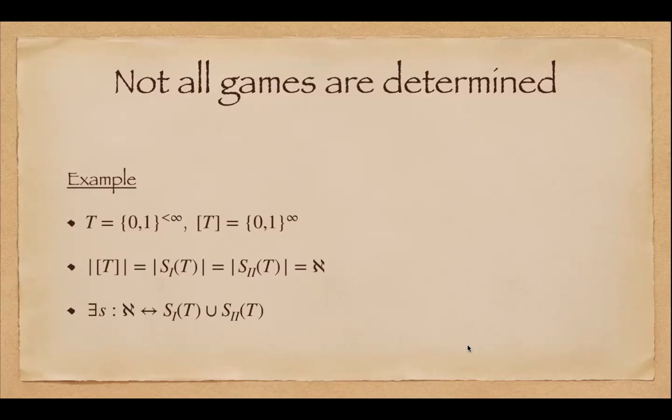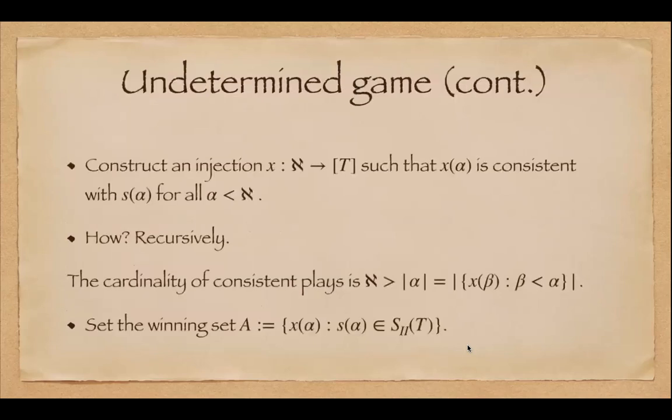So there is a bijection, a one-to-one and onto mapping, from the first ordinal of cardinality Aleph to the set of strategies. We're going to use this bijection for the construction of the game. So what I have to construct now is the winning set. Right? So this is how I construct it.